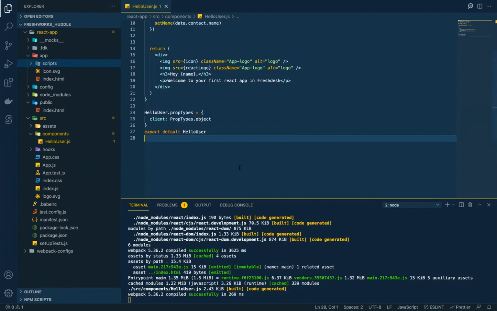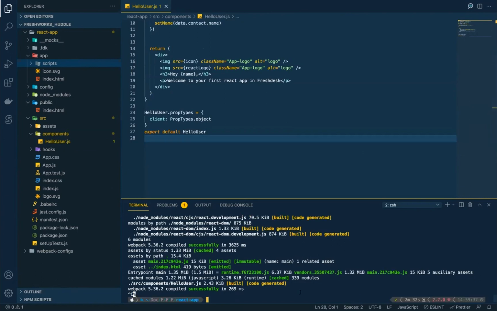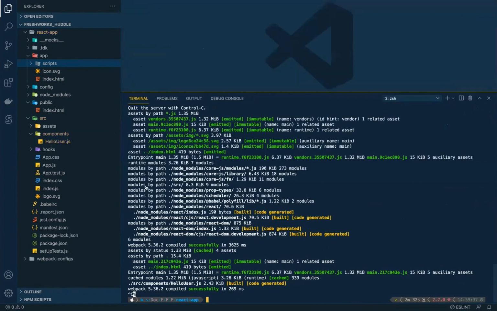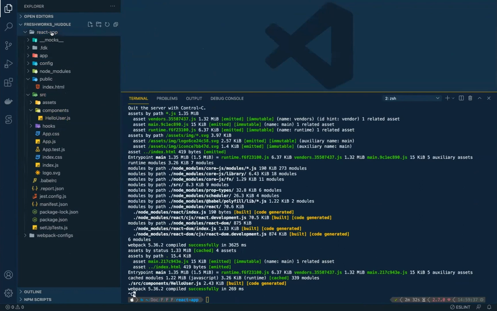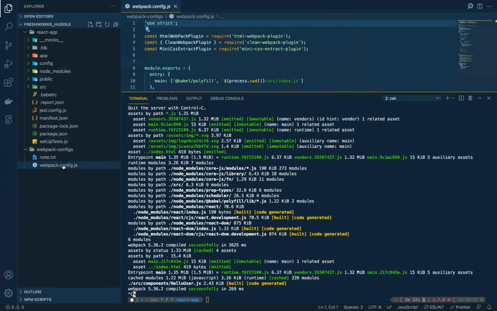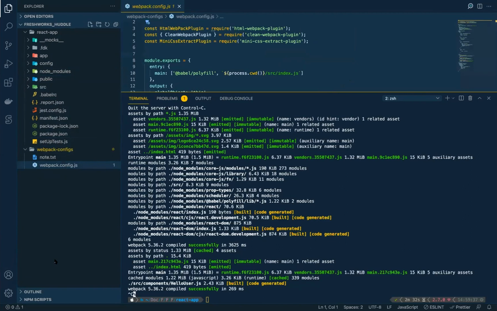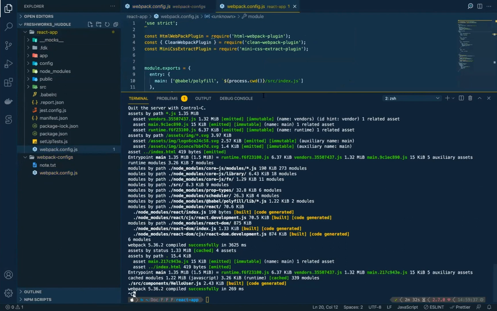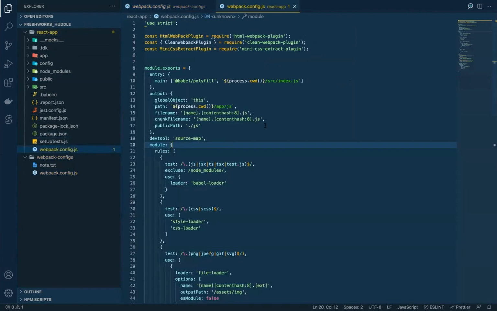But there is a high possibility that you may not like our default configurations, right? So what do you do to run a custom Webpack configuration in this case? If you look at this React app, there is no configuration related to Webpack here. That is something you have to create on your own. Lucky for me, I have something stashed here. This is a Webpack configuration. I am going to copy this Webpack configuration and place it in my React app root folder, right?